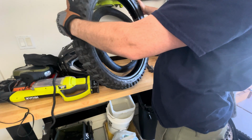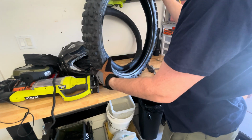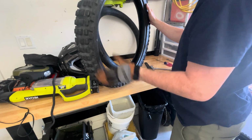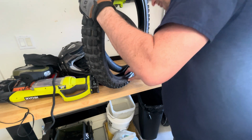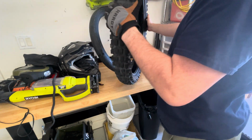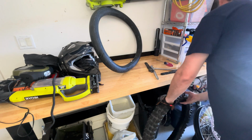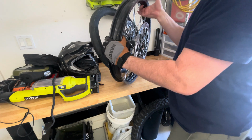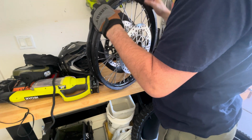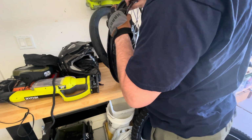Also, if you're gonna reuse the tire, just give it a good look over. Check the leading edge, the bead, the part where it sits in the bead. Make sure the grooves are good. You can also check the inside, make sure the inside of the tire is good. Just give it a quick, thorough review, and everything on that tire looks good. And you want to do the same thing on your rim. What I like to do is clean it, but I'm going to do that after I replace this rim strip here